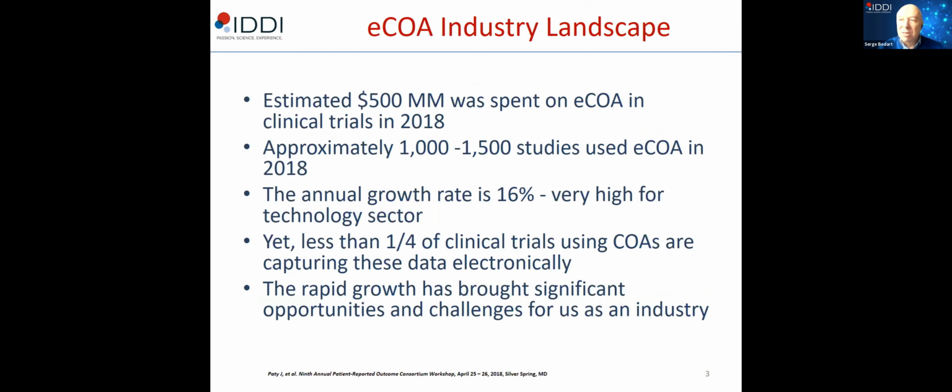I want to concentrate on how can we bridge those different entities, eHealth, Digital Therapeutics, and clinical trials, and what is the difficulty there especially. Look at the eCOA industry landscape. So just for clinical trials, it's two years old, but you can do the math, and since it's an annual growth of 16%, you can see that it's not a lot of studies that are using electronic clinical outcome assessment. So capturing patient feelings or using a tablet or a phone, a smartphone, it's not a lot. It's only 1,500 studies that